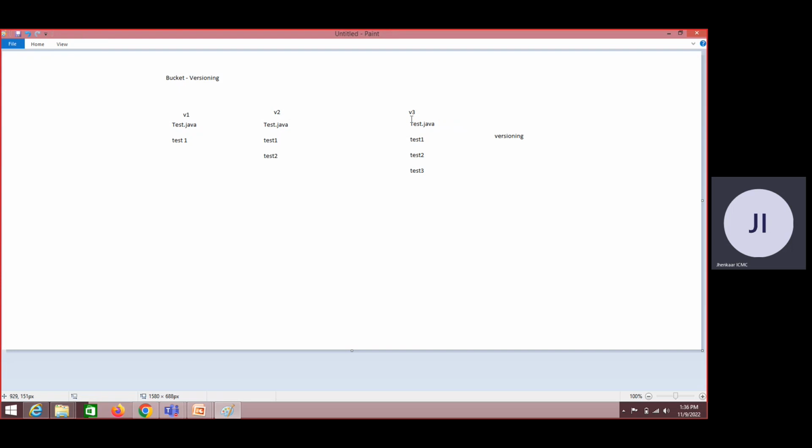Now, what will happen? As version 3 is what we uploaded last, we will be able to see this information in the browser when you hit this test.java or test.exe, whatever, and you'll be able to see this content. And there is always a possible option to go back to your previous versions also. This is one use case. So what are the use cases of having versioning in S3? The first would be,